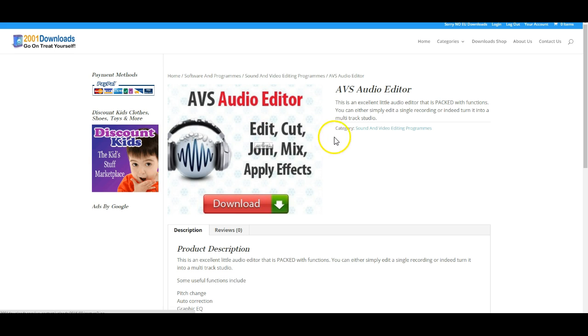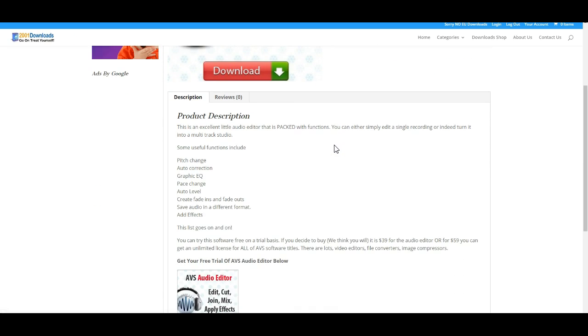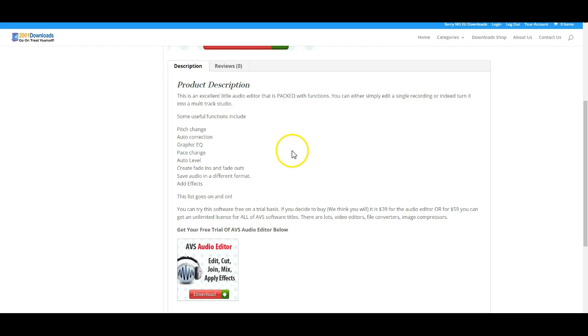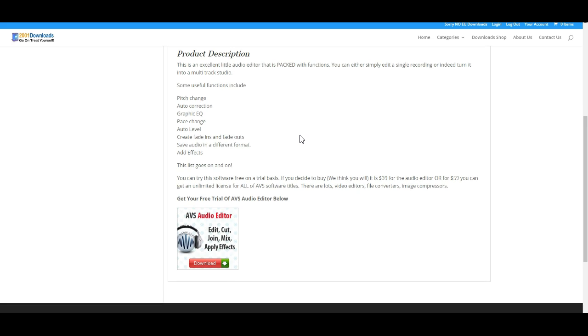If you click that, it's going to take you through to the product, and here is a little breakdown of what the program does. Things like pitch change, auto correction, graphic equalizing, auto level, and the bit we want is creating fade-ins and fade-outs. You can do things like add audio effects. There are so many functions to this program, there are far too many to list here. So what I suggest you do, just click on this banner here, go over to AVS Audio Editor and grab